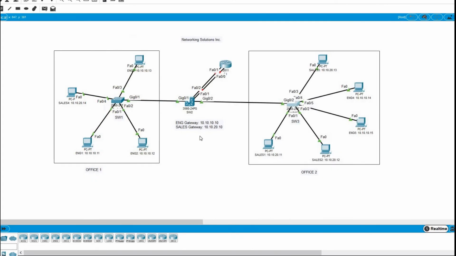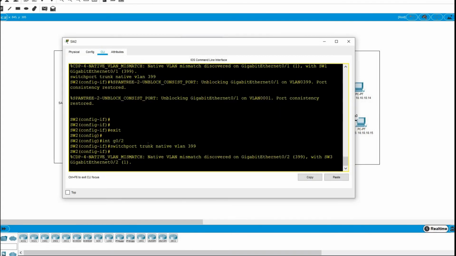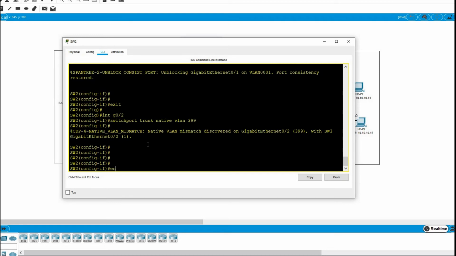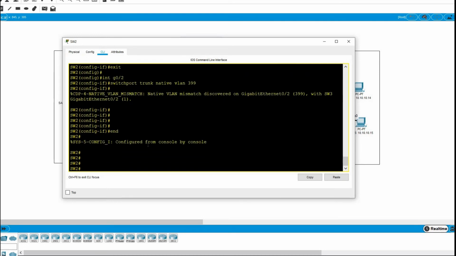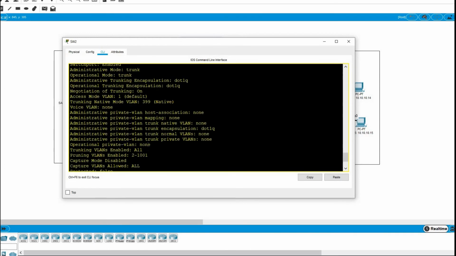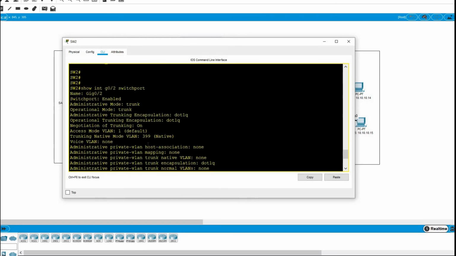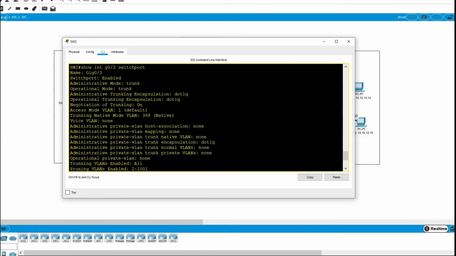Okay, let's do the same on switch number 2. Show interface gigabit 0/2, switchport, and this is the interface facing towards switch 3. It's also been updated to the 399 native VLAN. Okay,